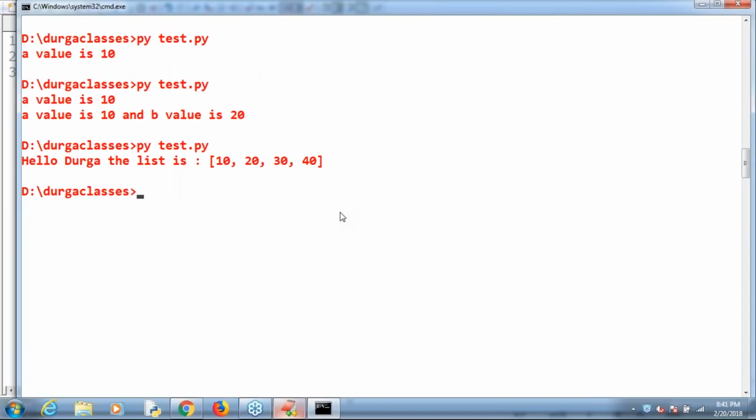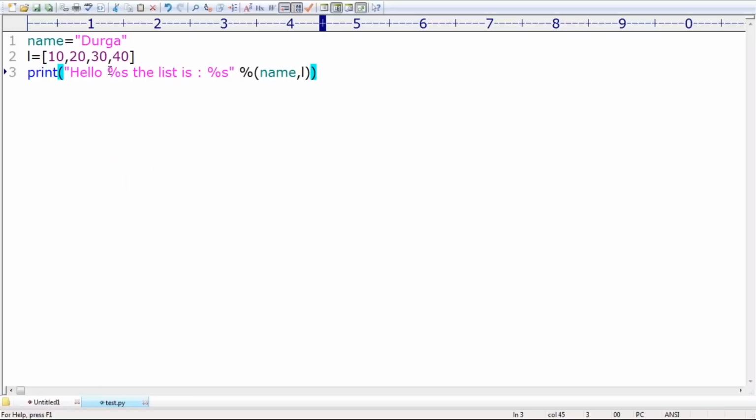I hope everyone can understand. If there is a mismatch, if the number of variables and the number of positions do not match, we will definitely get an error. Praveen, are you getting it? A matching count is compulsory. Here, how many times did I use it? Two times, so two arguments are compulsory. If there is a mismatch, there is a chance you will get an error, right? Okay, that's all. Next, this is about formatted strings.